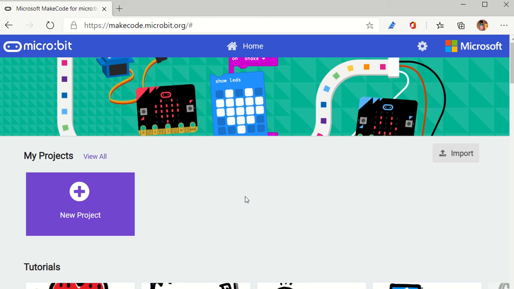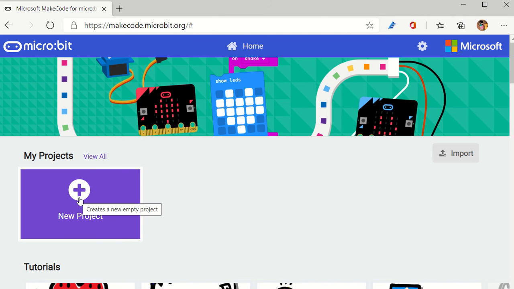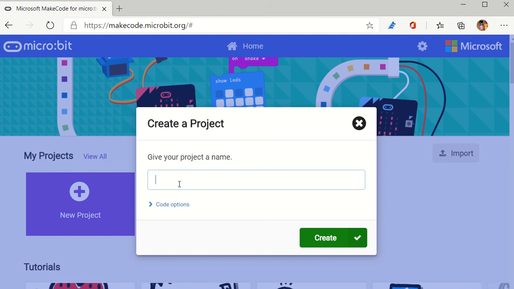Once you access that link, the one that I've just shown you right now, this would be the web page that you would open up in front of you, and all that you have to do is click on new project, and once you click on new project, you can give any name to it. For example, since I'm going to train you on creating a name tag today, you can give this project the name of name tag.